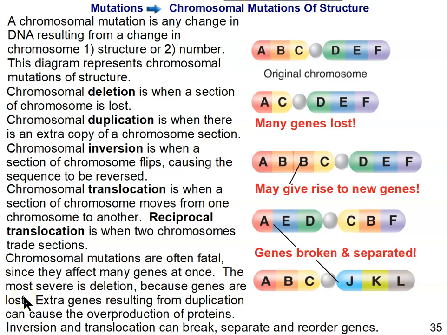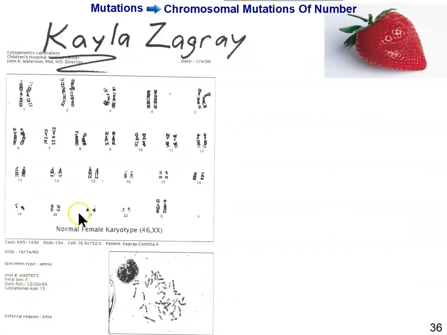Now let's take a look at chromosomal mutations of number. So you'll notice that my daughter's name is here, Kayla Zagre, and what we're looking at here, notice it's labeled normal female karyotype. A karyotype is kind of like a picture of the chromosomes from an individual, but they are arranged in a specific order. So all of human chromosomes, all the 46 human chromosomes, they're in pairs,